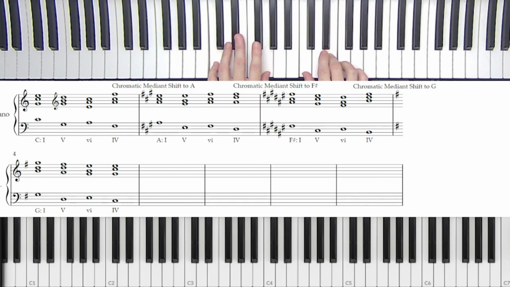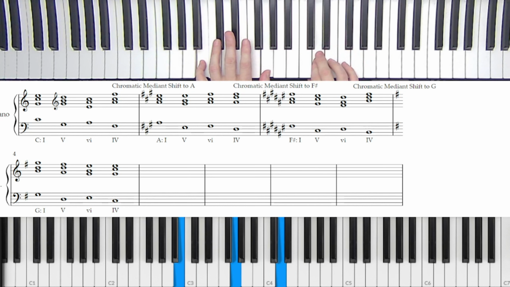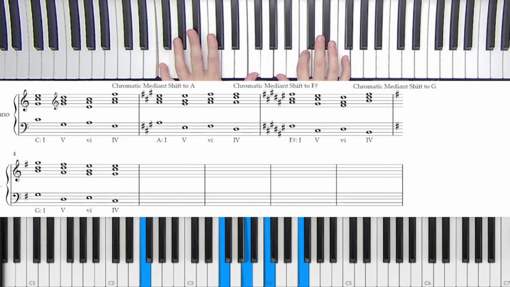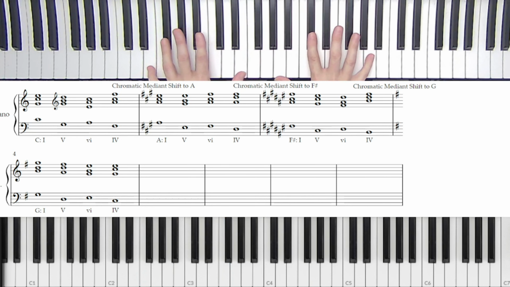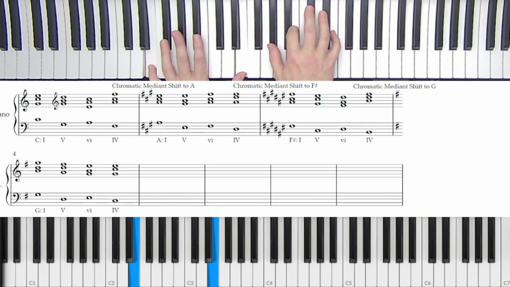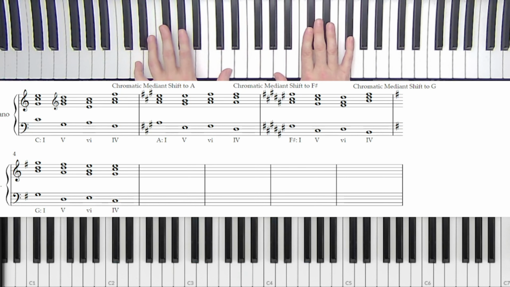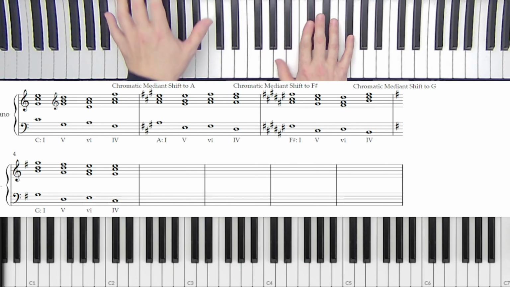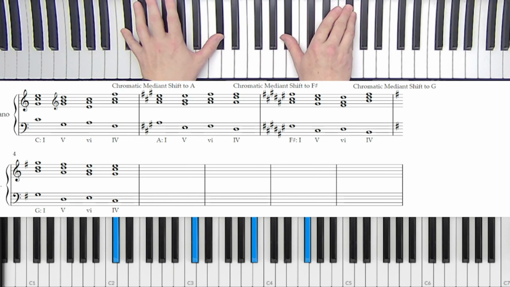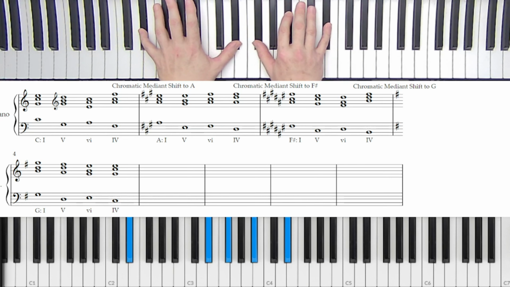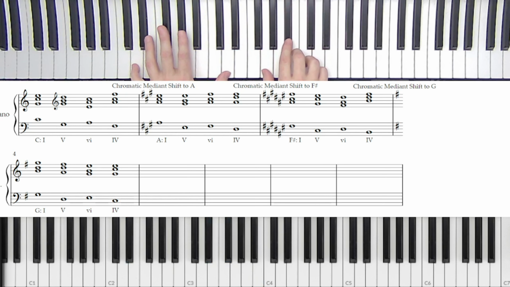I'm going to start with C root position, then G first inversion, the 5 chord, the 6 chord root position, and then the 4 chord root position. Chromatic mediant pivot to A, second inversion, 5 root position, 6 first inversion, 4 root position. Chromatic mediant shift to F sharp, second inversion, 5 root position, 6 root position, 4 first inversion. Chromatic mediant shift to G, second inversion,